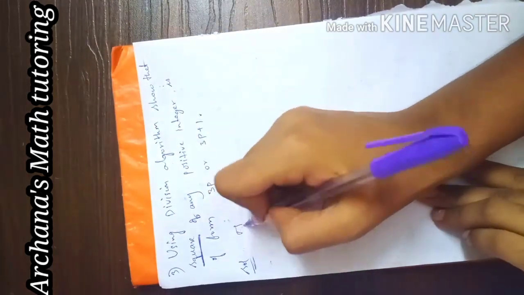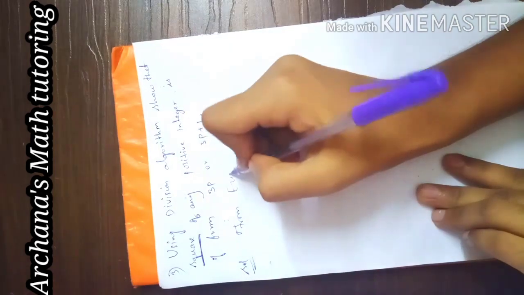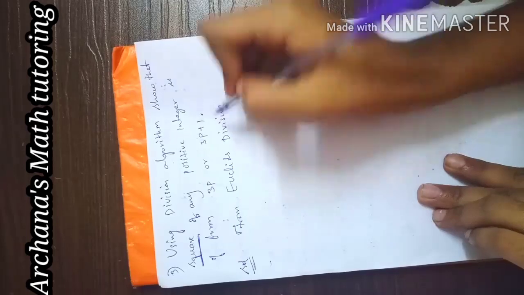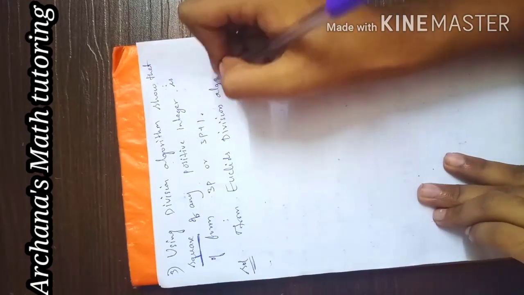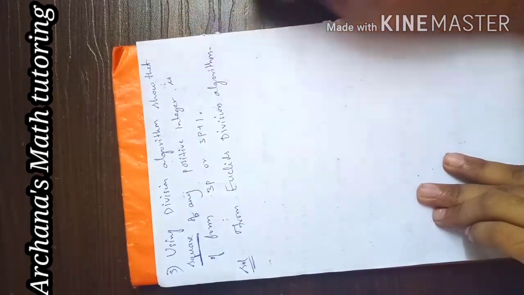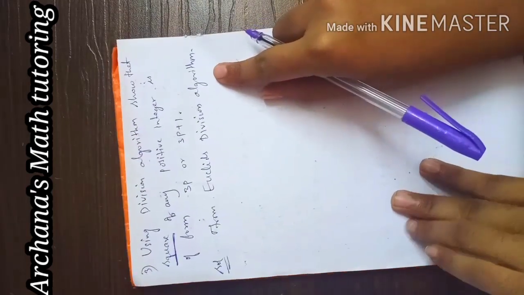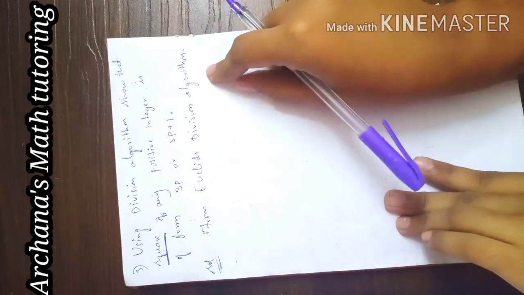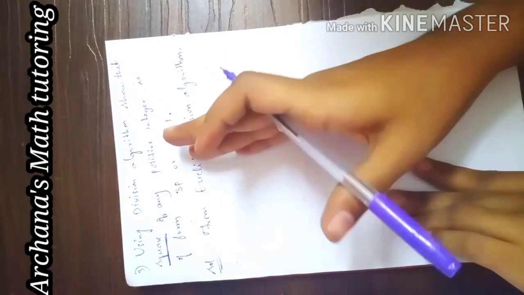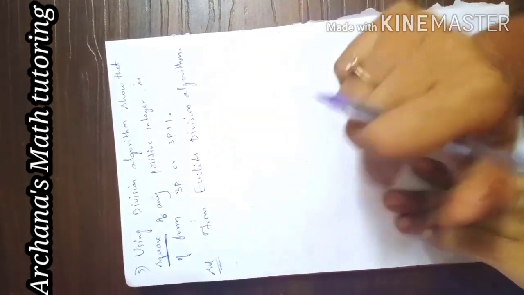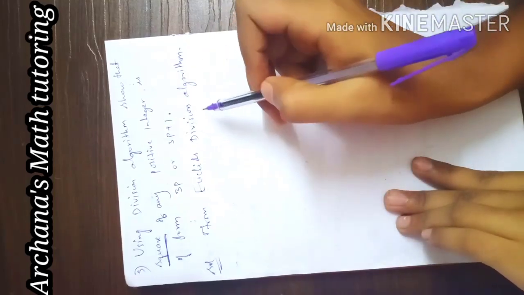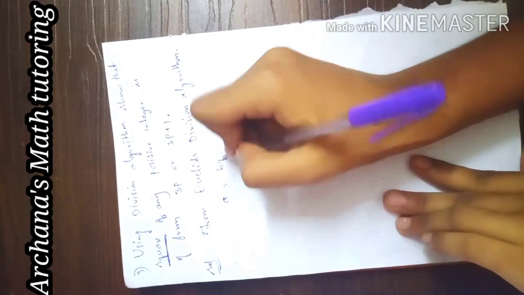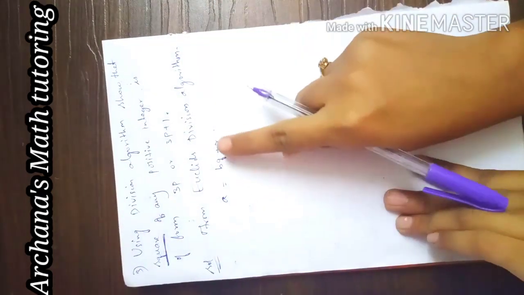So we need to write that from Euclid's division algorithm. Whenever you write the board paper for your 10th class, the important thing is to mention each and every point very clearly, because the people correcting the paper won't see everything. Whenever you give the function names or algorithm names, they will be impressed by your paper. From Euclid's division algorithm, what we learned yesterday, a is equal to b into q plus r. So we already know this.